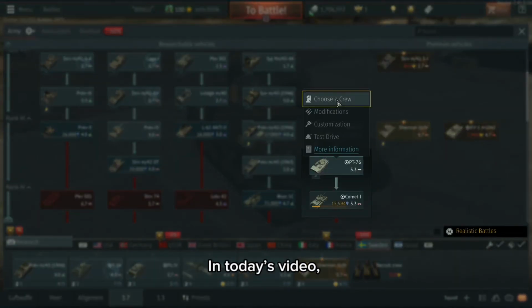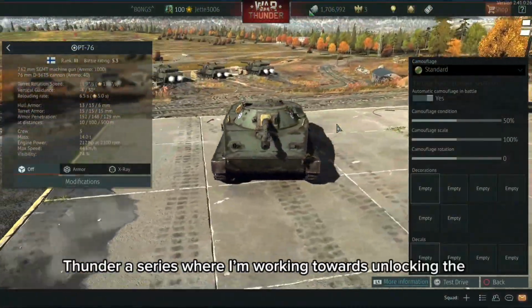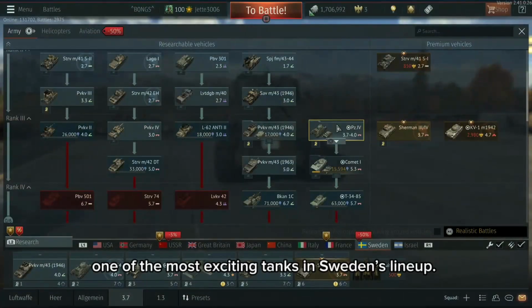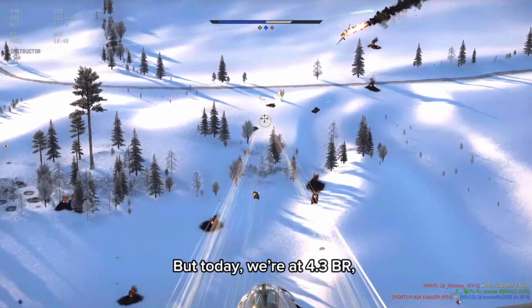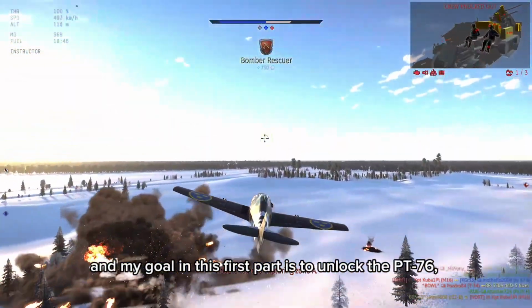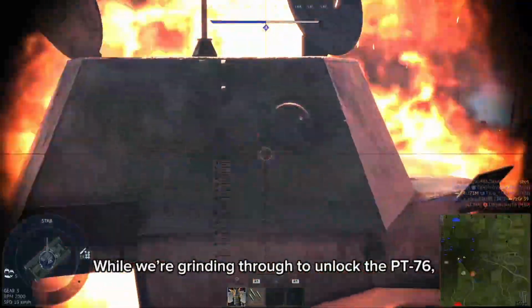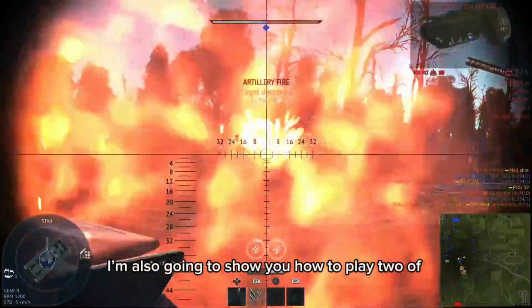In today's video, we're kicking off a new project in War Thunder, a series where I'm working towards unlocking the Strv 122B+, one of the most exciting tanks in Sweden's lineup. But today, we're at 4.3 BR, and my goal in this first part is to unlock the PT-76, a cool amphibious light tank. While we're grinding through to unlock the PT-76, I'm also going to show you how to play